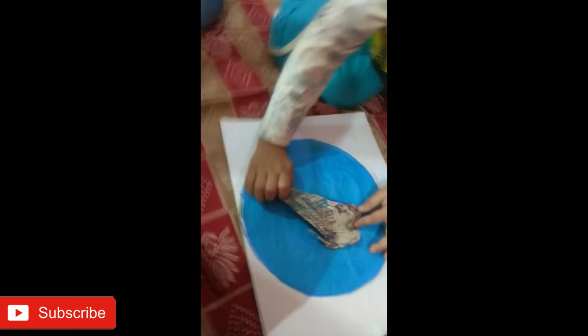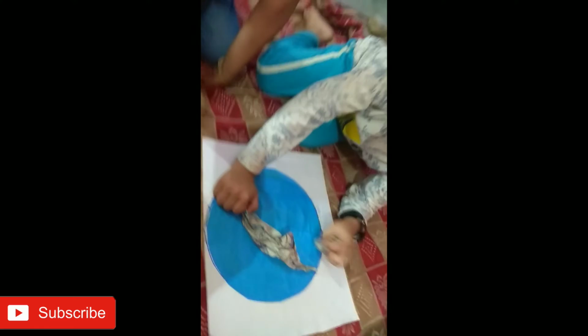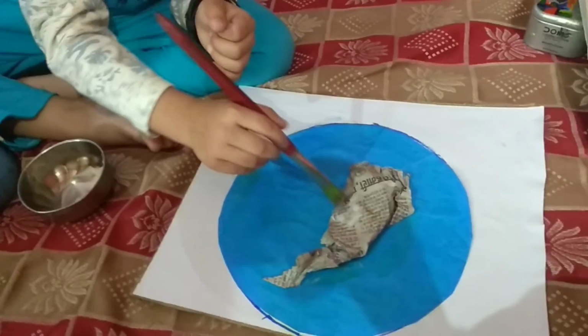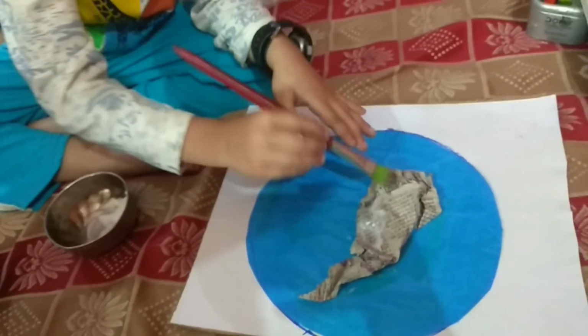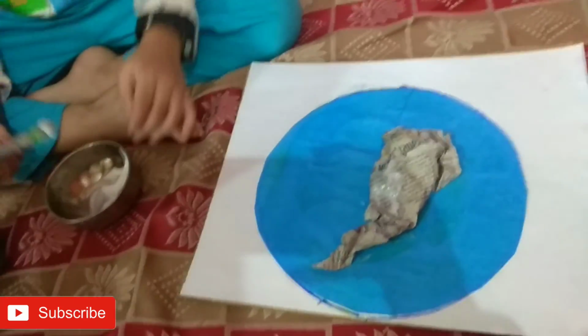He is making the land part by pasting this newspaper so that it looks like a 3D image, and he is doing so much mischief and he is enjoying. Now he has pasted and he is applying glue on it so it will look so real. It is very easy to make and children are really enjoying a lot while making this type of art